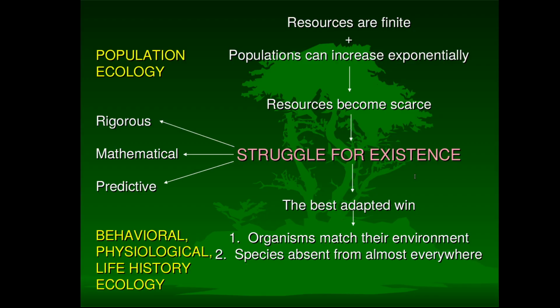Okay, so today we continue at the population level of organization, and we want to quantify the ideas described verbally in Darwin's chapter 3 of The Origin of Species, the struggle for existence. And the ideas are populations increase exponentially until resources become scarce. And there's a struggle, a competitive struggle for those scarce resources. And we already have equations for that exponential increase and for the reduction in the per capita rate of increase, which is little r,